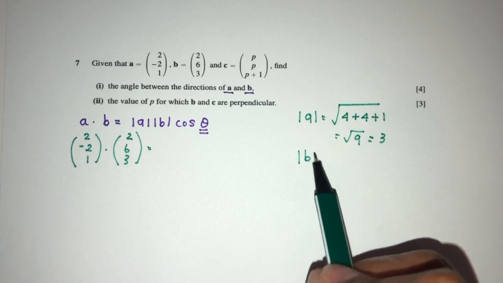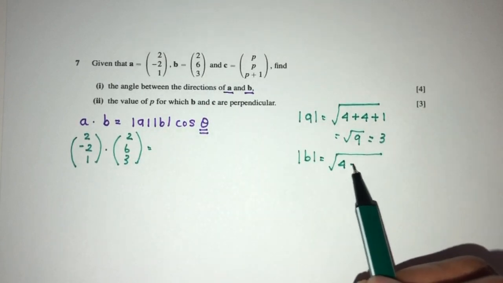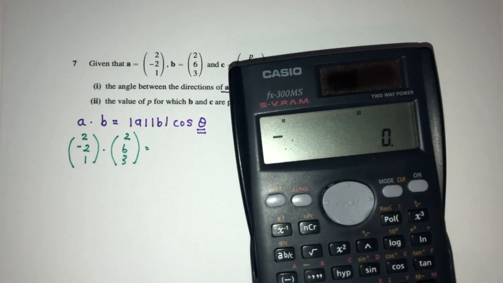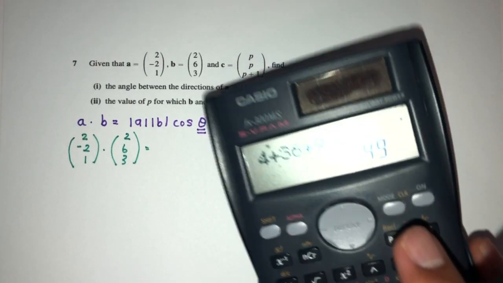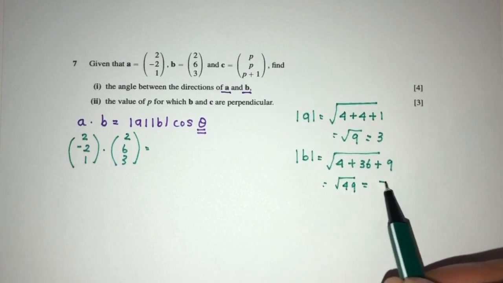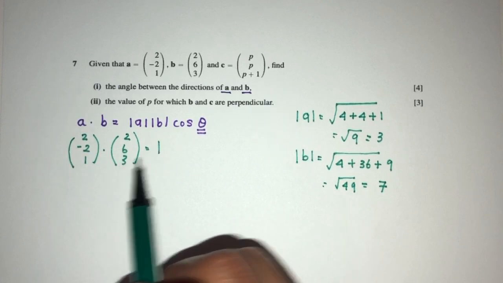And the magnitude of B, that will be same again. That will be 2 squared will be 4, 6 squared will be 36, and 3 squared will be 9. So 4 plus 36 plus 9, that should be 49, and that should be root of 49, that will give you 7. So replace, A will be the value of 3,